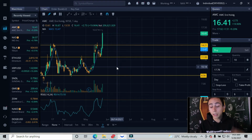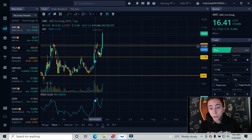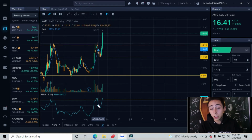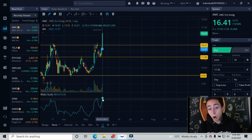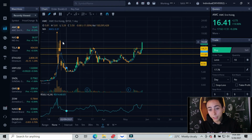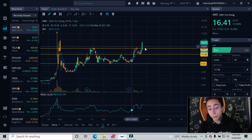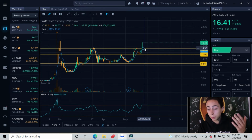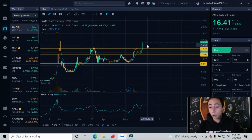I really just want to get into where we're at currently, okay? So we bounced off this support, and now we're up two engulfing candlesticks, you guys. Huge pump, you guys. We're definitely above the trend line. However, if you look at the RSI, we are way overextended. You look left over here, we have all of this resistance as well, you guys. So even though we are in this upward trend and we did create this breakout, you guys, we are overextended,